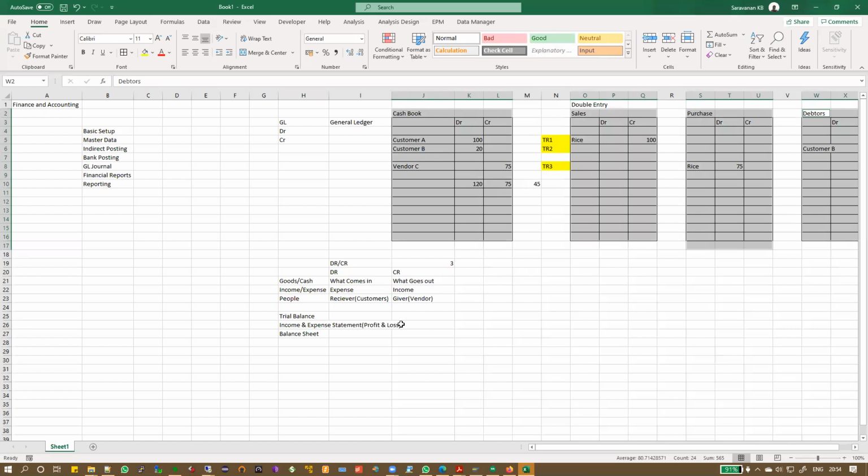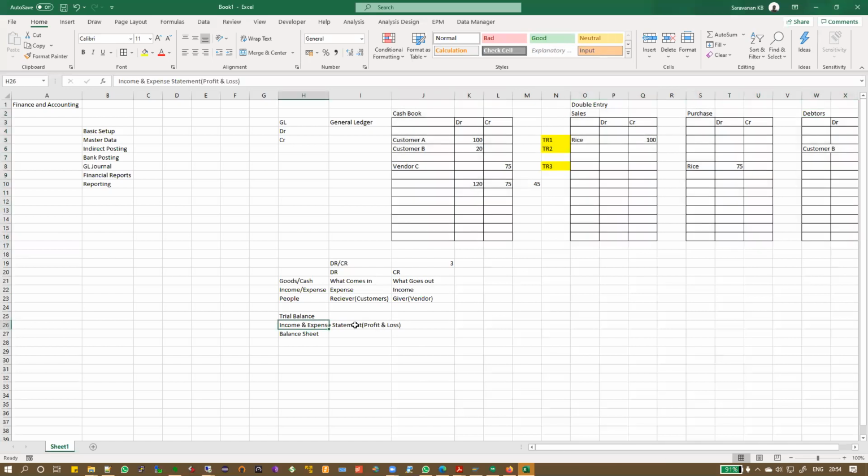Then comes income statement and profit and loss. So in India, okay, we call it profit and loss statement. Outside India, generally people call it income and expense statement. Now, this income and expense statement will have all the sales and the purchases or costs, or expenses as we call it. Okay, so trading companies call it purchase, manufacturing companies will call it expense, but both mean the same thing. Okay, whatever is your sales and whatever is your purchase.